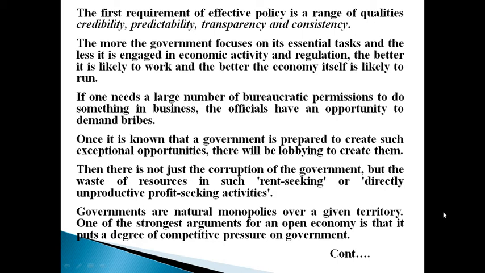There is then not just the corruption of the government but the waste of resources in such rent seeking or directly unproductive profit seeking activity. Governments are natural monopolies over a given territory. One of the strongest arguments for an open economy is that it puts a degree of competitive pressure on government.